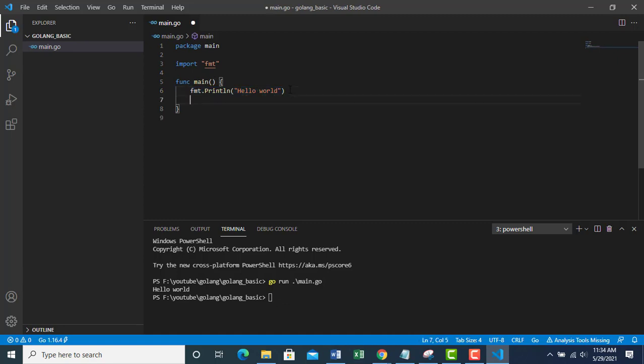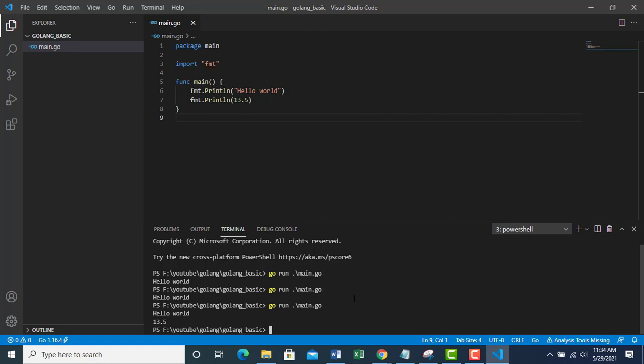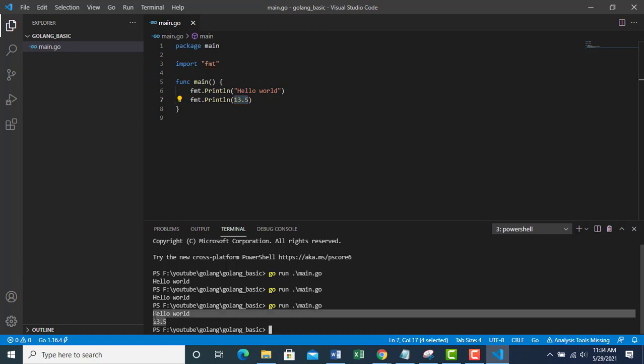I can also write another line to print something, save it, and print some numeric value, a float value. The output is this.